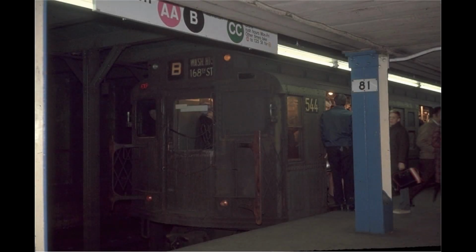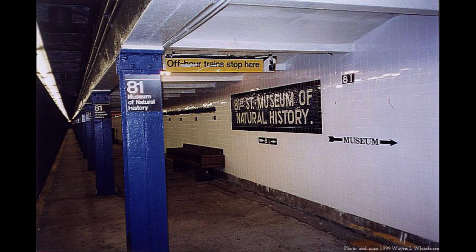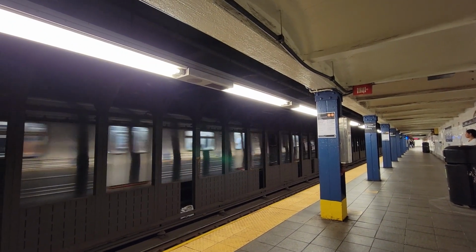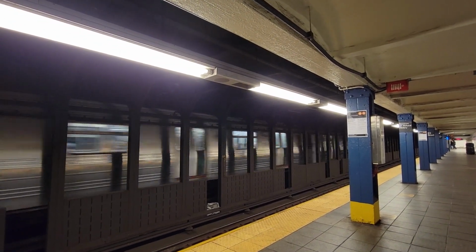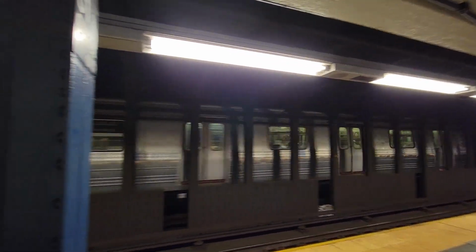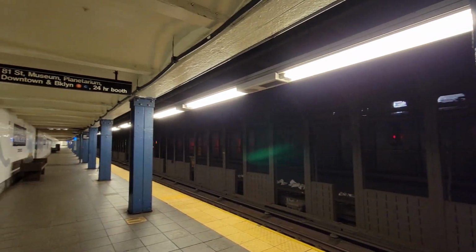The station opened in 1932 when the rest of the IND 8th Avenue line opened as well. In 1999 to 2000, the station was completely renovated with a brand new look and new cool mosaics that were shown earlier. In 2019, the MTA actually announced that this station is getting elevators. However, construction for them hasn't started. 81st Street is a very iconic station to visit with the cool art it has, and make sure to visit the museum as well. The next stop is...